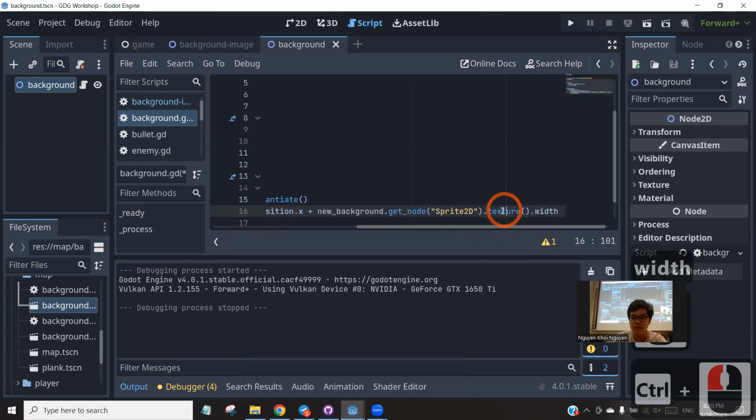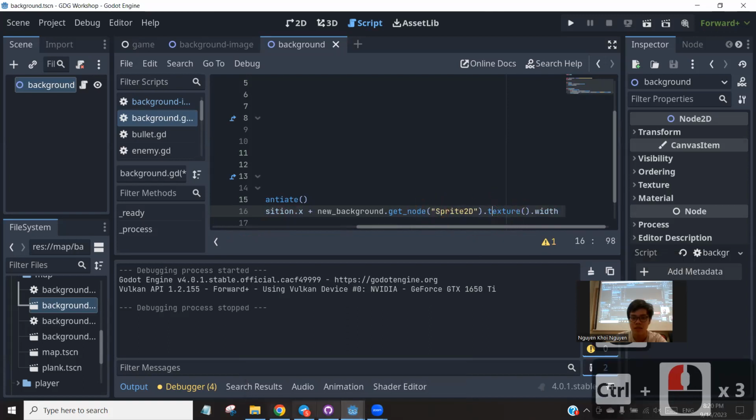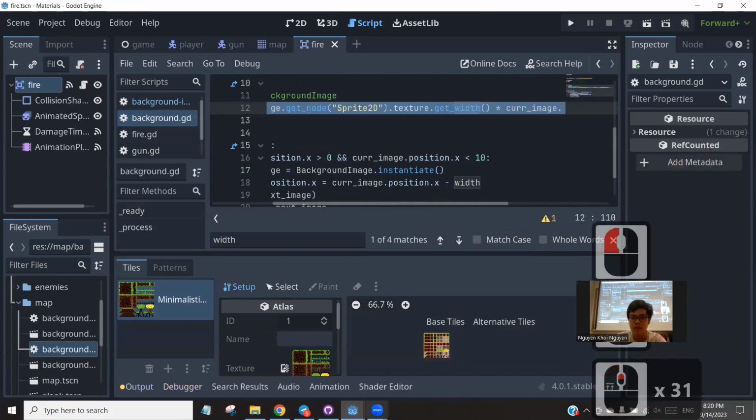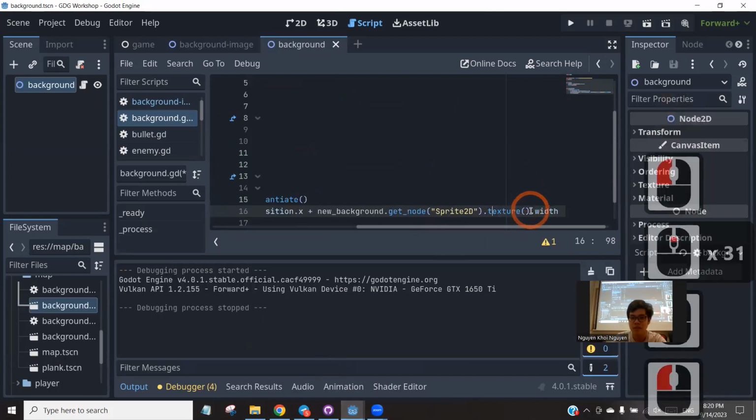Okay, let's search in texture. Right? There's no texture. Oh, texture is not a method. Texture is a